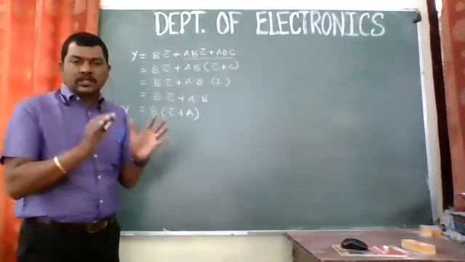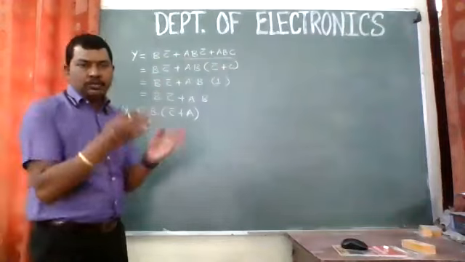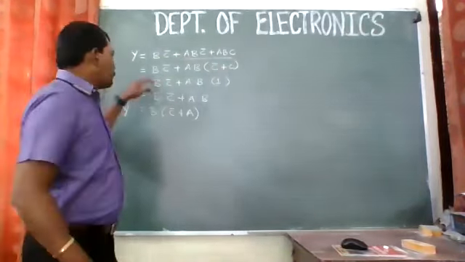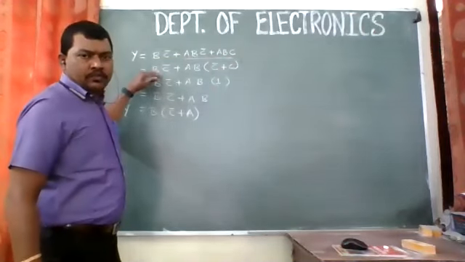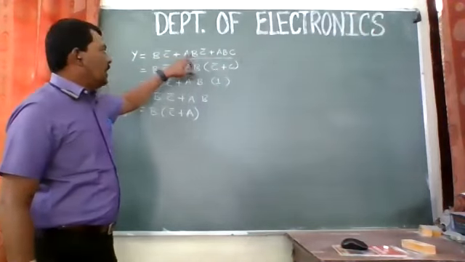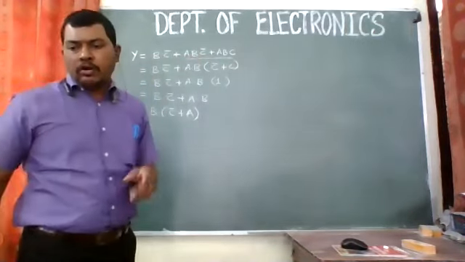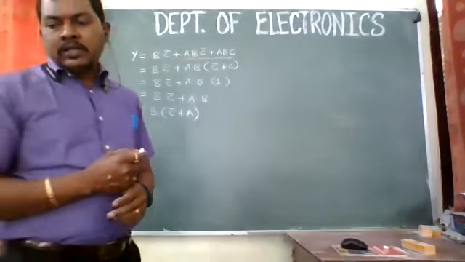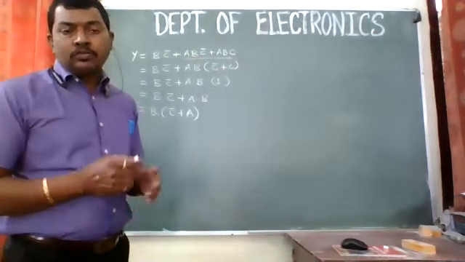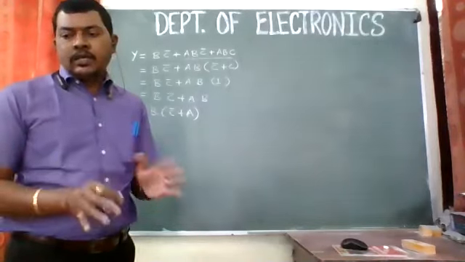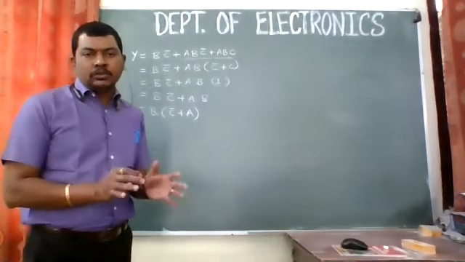So this was the equation, that is the question over there. We need to simplify this equation by using the Boolean law, right? In the first case, what I have done is I have taken AB as common. AB can be taken common by using which law? That is the distributive law, which implies that multiplication and factorization of the terms are possible, right?